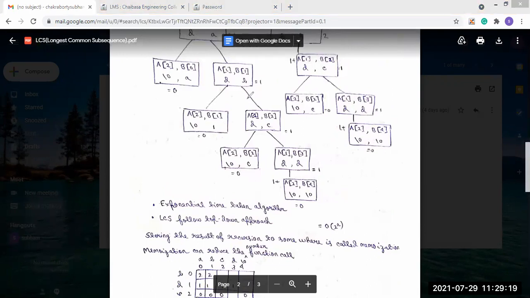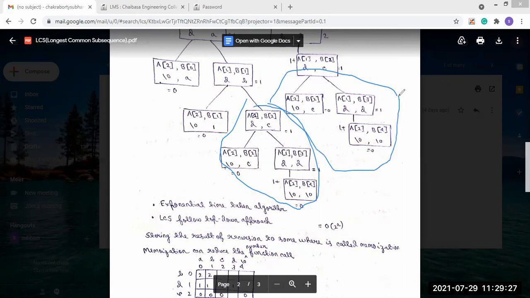Same operations we perform 2 number of times, but when we put the values in the table, these values will be put into the table one time. There is no need to put the values again, because these values are already present in the table. So we do not have to put the values in the table the next time.